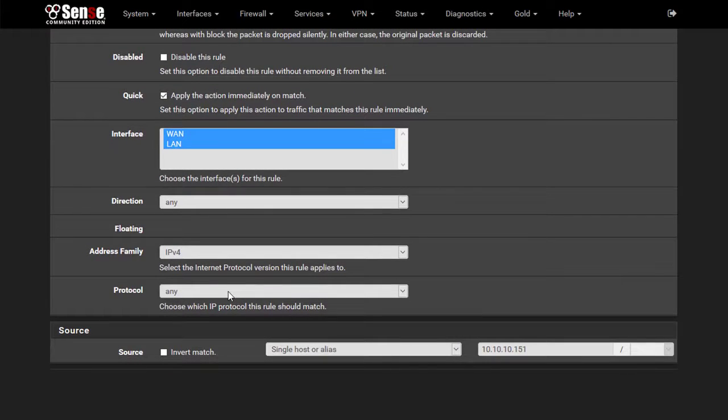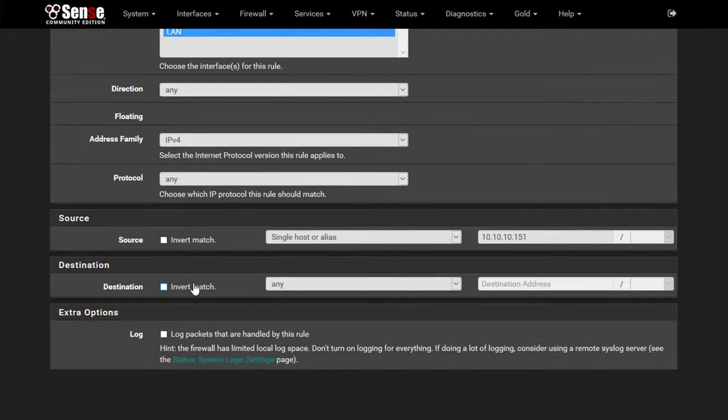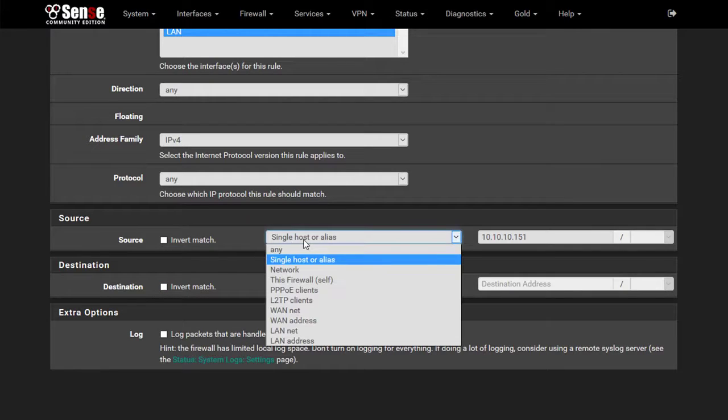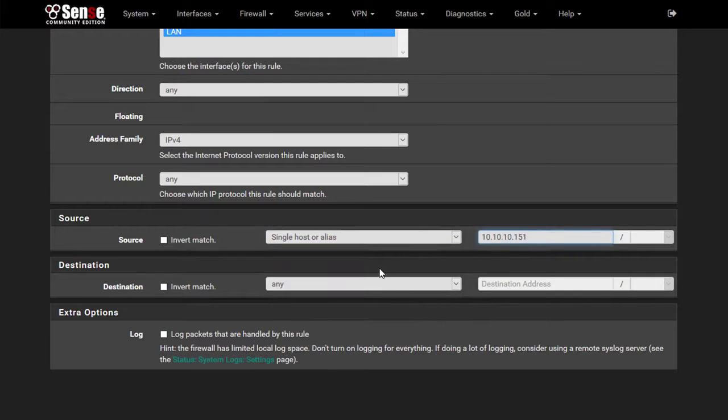So any protocol. Pretty sure that Amazon doesn't use anything fancy. They just use TCP for simplicity. Any protocol. The source, so where is the connection coming from? It's coming from his device. So we want to select single host or alias. We're going to put in his IP address,